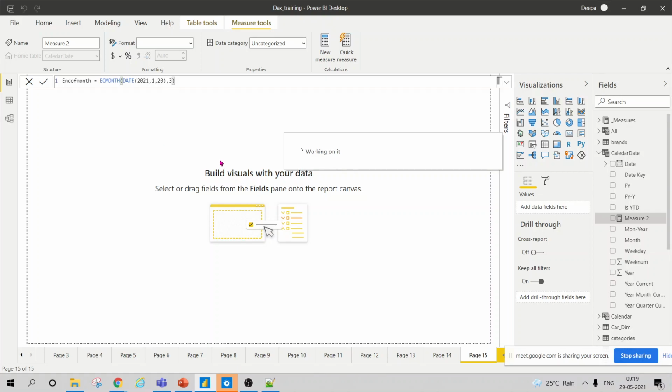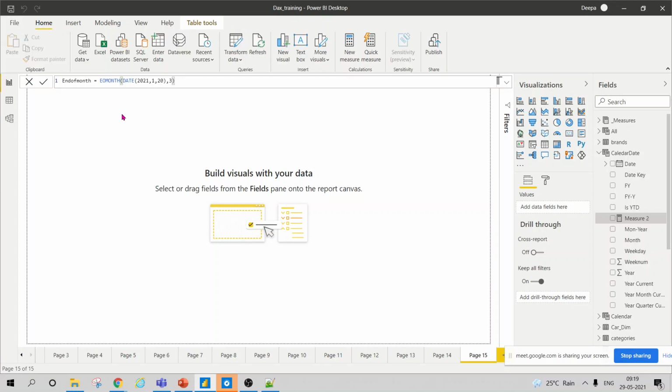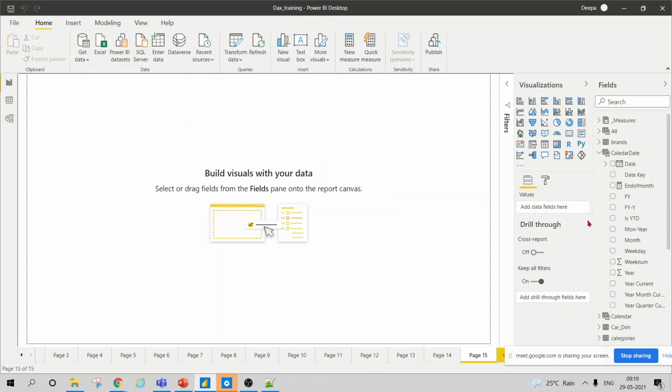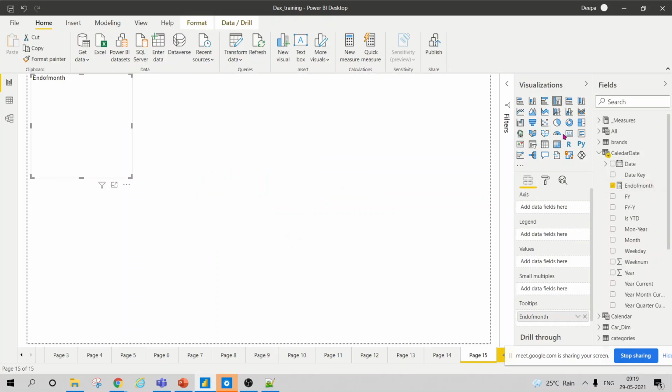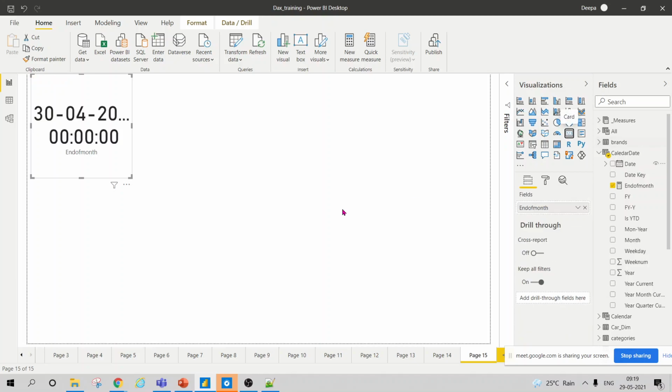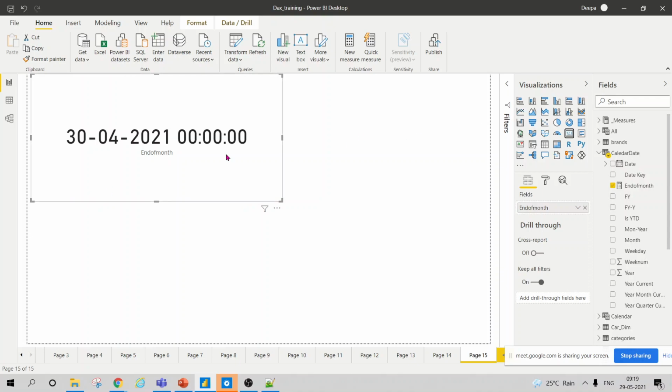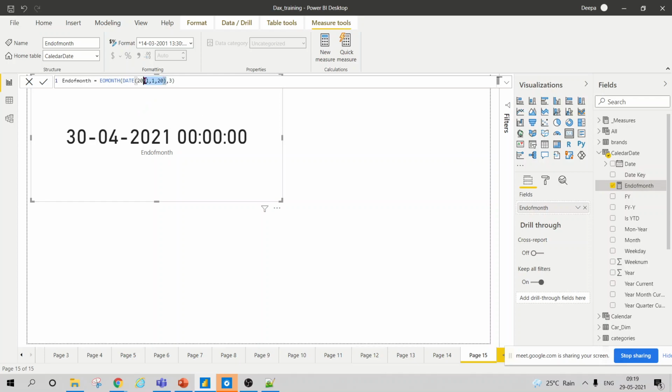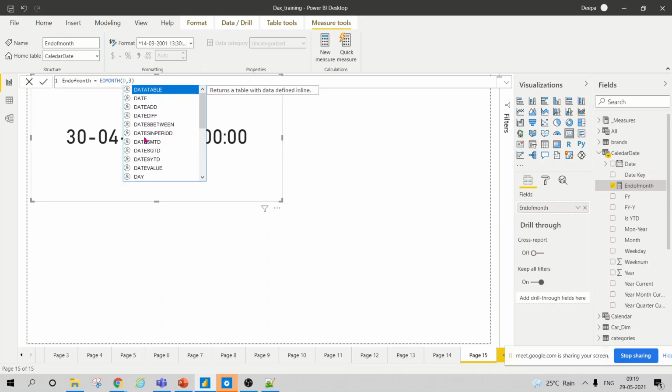But this is not the right thing. I will check. It should give me the date as well. So I just put a date which was 20 January 2020, and I checked what is the end of month after 3 months. It gave me 30th April 2021, but it should not be like this. Ideally, it should take some date. So I'm just checking on why it is not taking any date.